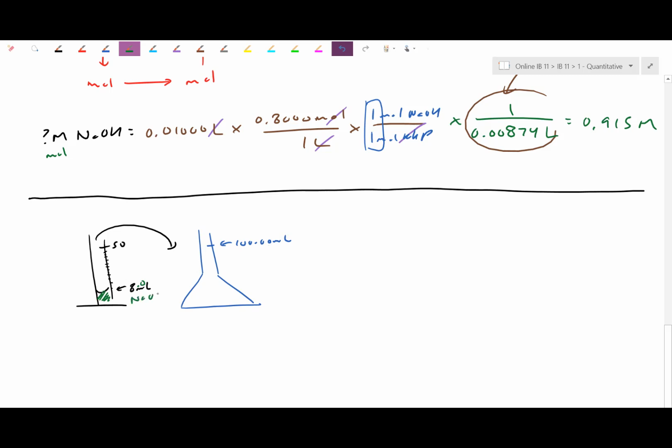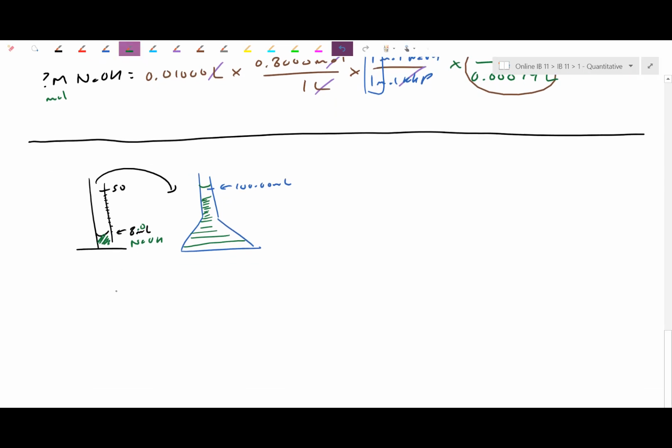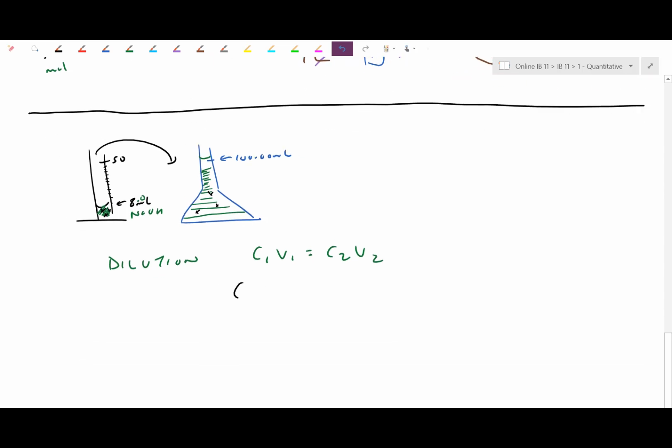This was our starting NaOH, and then we just topped up the solution. We were really careful up to the mark here, bottom of the meniscus up to that 100. For a dilution problem, if you remember, dilutions can be calculated via C1V1 equals C2V2. The number of moles are the same. The number of swimmers in NaOH, whether you make the pool larger or not as large here, the number of swimmers stays the same. So if my starting concentration was this 0.915,